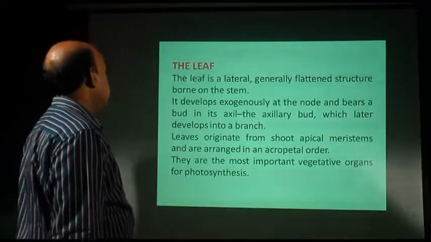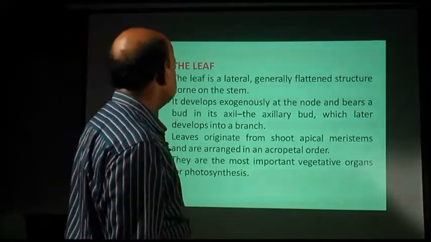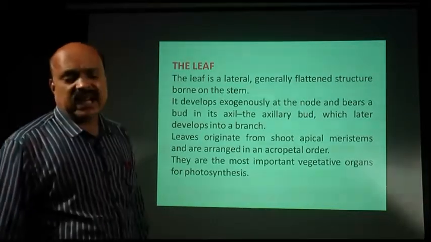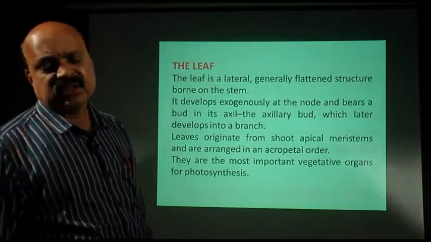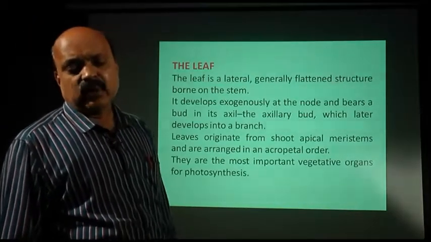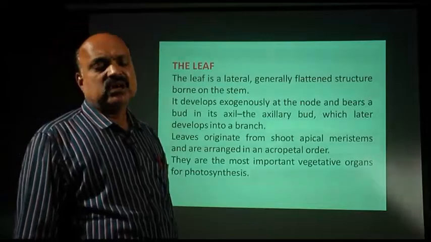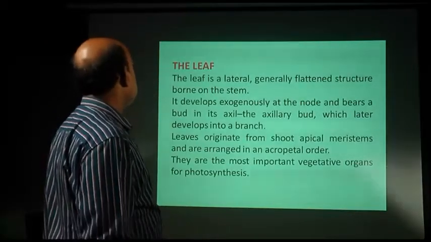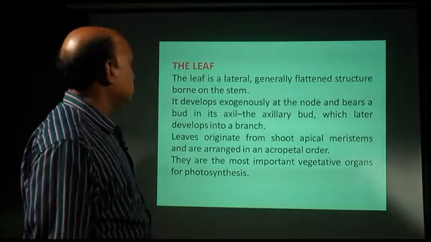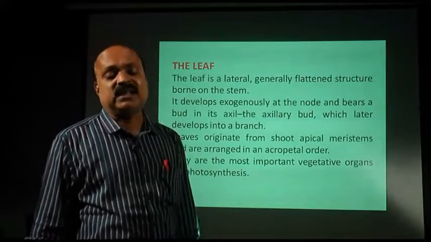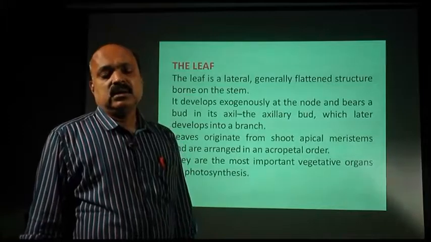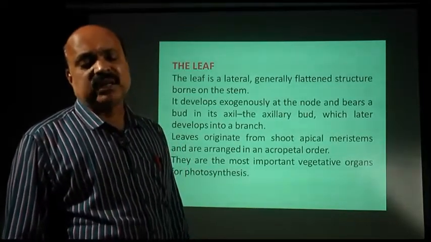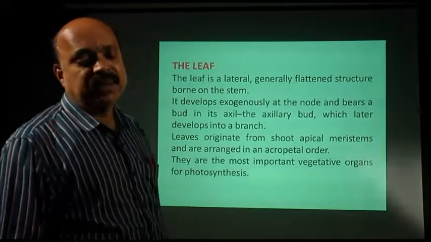Now we'll go to the leaf. Leaf is a lateral structure, generally flattened, flat, born on the stem. Definitely leaf develops on the stem. It develops exogenously, meaning from outside. If it develops from inside to outside, that is endogenous, but leaves develop exogenously at the node and bear a bud